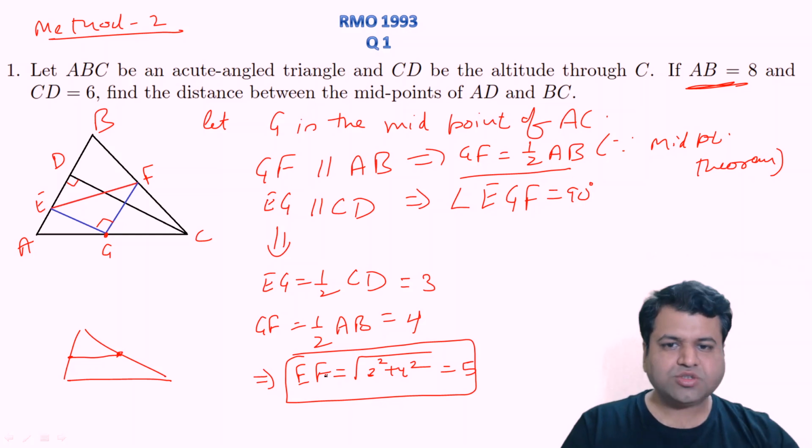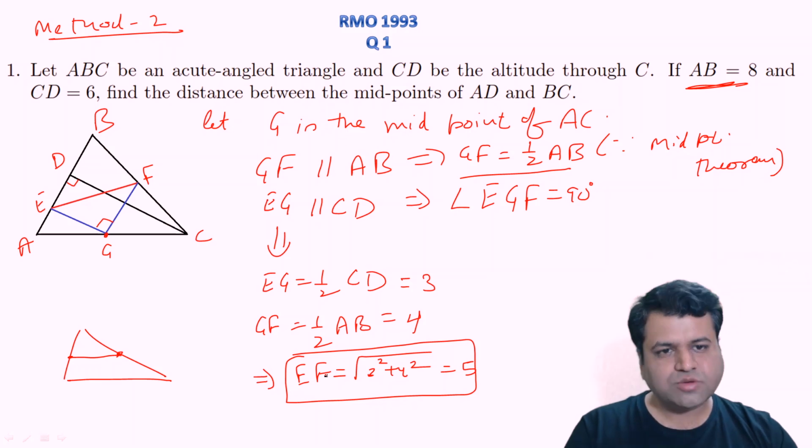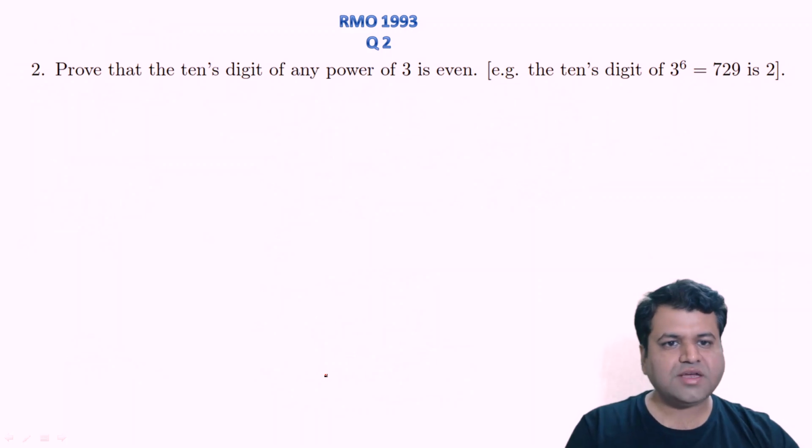Okay, so let's move to the second question of year 1993. I hope this first question is clear to you now. We have discussed two methods for this question. Let's move to question number 2 of year 1993. So this seems to be a question of number system. Again, if you have not solved this question, please take a good amount of time to at least go through it. Try it. If you still are not able to solve it, come again to the video,